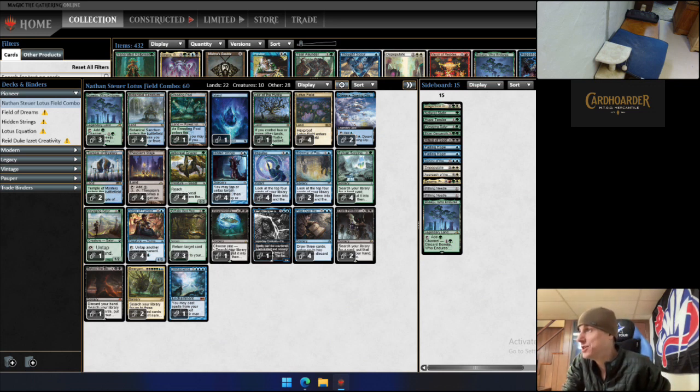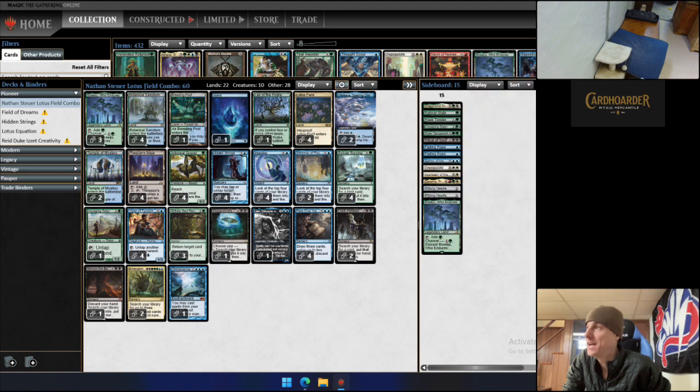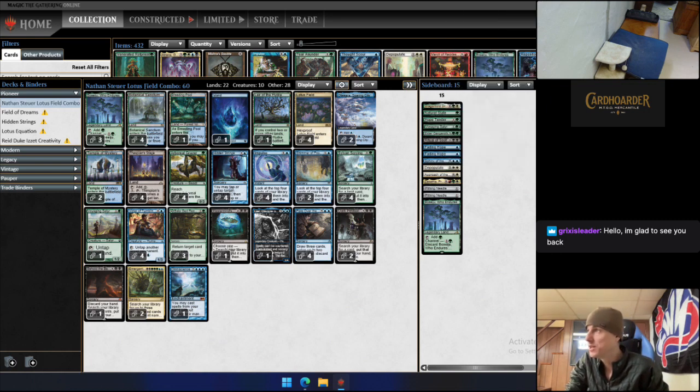Also then kind of the standard issue, we have Zacama as our high-end fair payoff. And then we also have Elder Gargaroth. Dragonlord Dromoka definitely really helps versus all the control decks, any of those counterspell-based things, but also being a nice life-linking engine, so you can bring it in if you want to go fair as well. When we want to just turn into the Wrath, play a big thing, win the game type deal. And then we also have our Wrath effects, 1 Depopulate, 1 Ritual of Soot, 2 Fading Hopes,